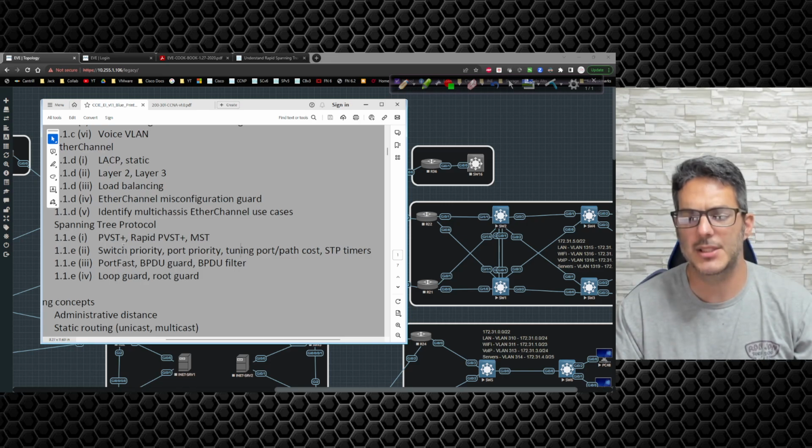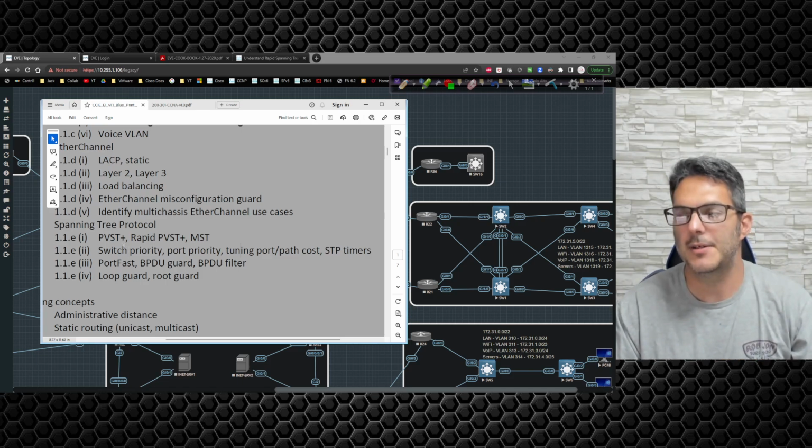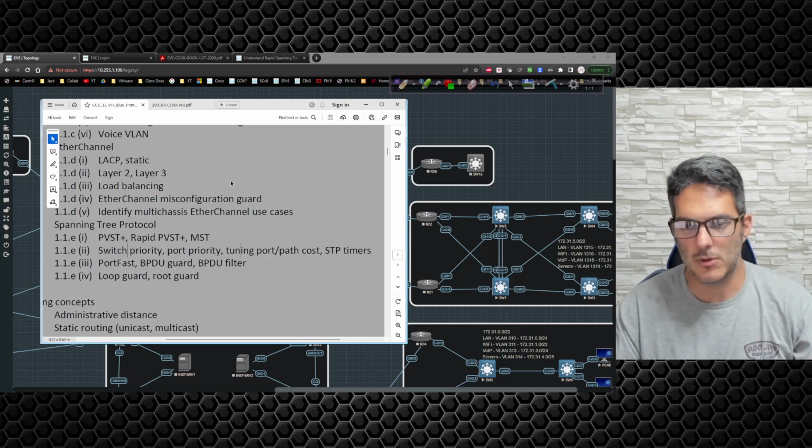And it has some variables attached to it. So you would have a listening, a learning, and a forwarding process. There's also a blocking and a disabled if you want to really get technical. And what I would definitely recommend you guys doing, if you really want to get into the weeds of how spanning tree protocol works, is pull up Google and type in